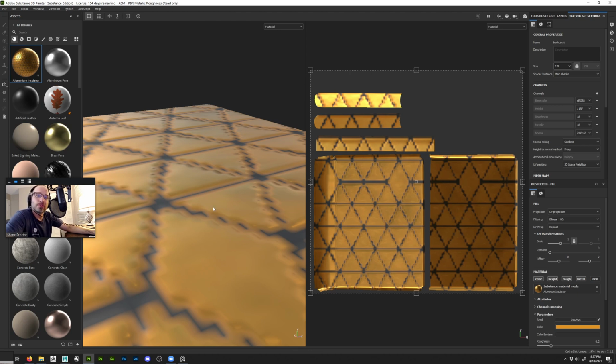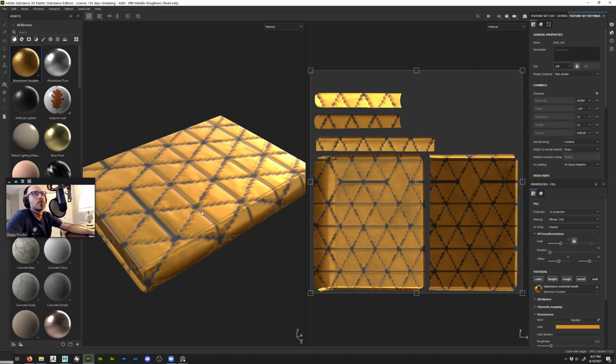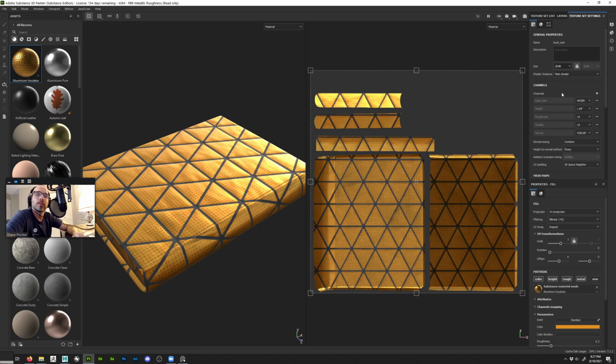And this would be very useful if I were taking this asset to, say, a mobile title or 3DS or something along those lines. Or if this was an asset that was very far from the camera, I wouldn't need that much resolution to get this to look good, right? So it's less memory impact. But because we're a little bit more intimate with this, we do need the resolution. And thankfully, we can increase that freely, right? So pretty much all the materials and shaders we use right here in this shelf will automatically update as needed, right? Now, if we bring something in custom, I can't always guarantee that based off what you bring in,